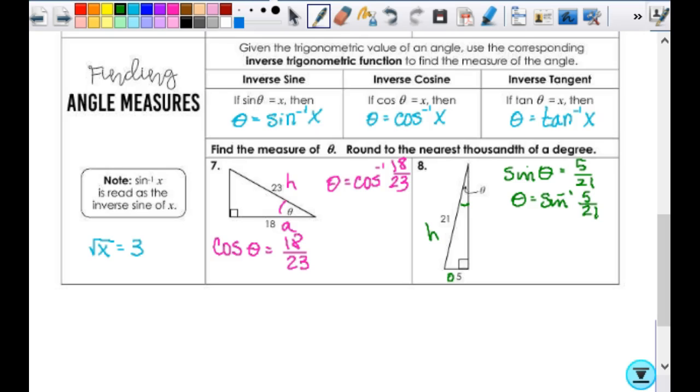Good. For both of these, the hypotenuse is the denominator, right? So if the hypotenuse is always the longest side and it's always the denominator,